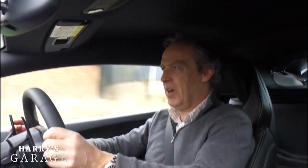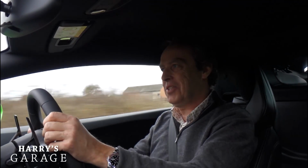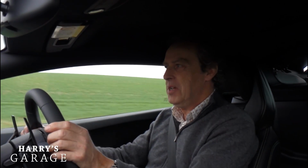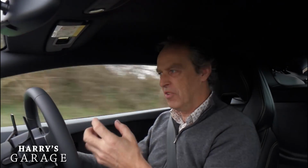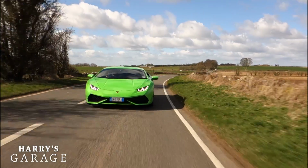I'm just thinking, how can I justify one of these to myself? I mean, I don't need another two-seater sports car, but this is one that I can see is a revolution for Lamborghini. It is a seriously usable Lamborghini. I don't think that's a criticism, because they've got the Aventador for the really nutty one, and they're going to develop this, and Lord knows what's going to happen. We're having whispers that there's going to be a two-wheel drive